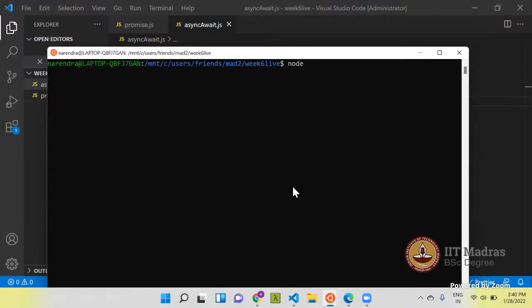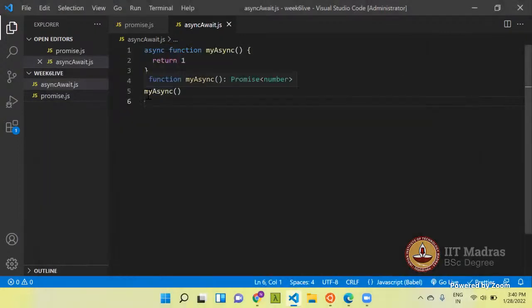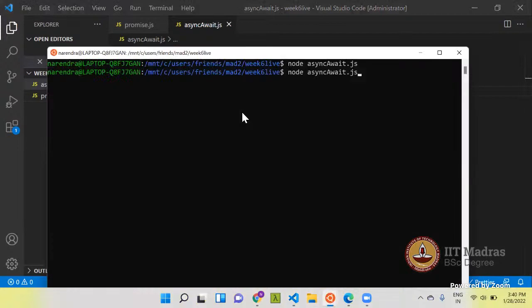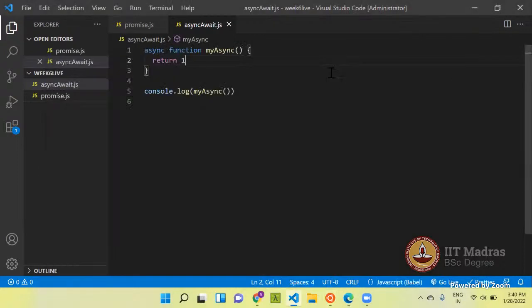Need to console.log. Yeah, so what you can see is that whenever you call an async function, it will return a promise.